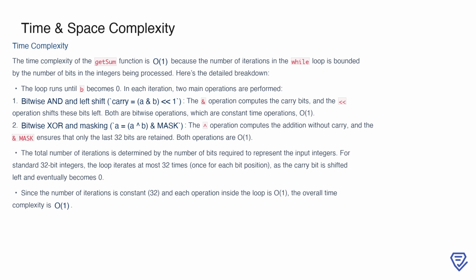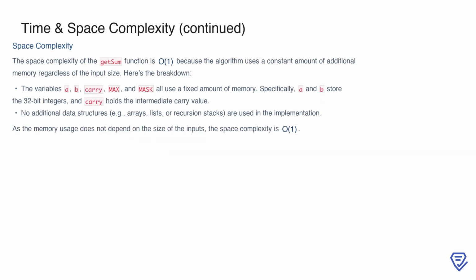is O(1). The space complexity of the getSum function is also O(1), meaning it requires a constant amount of memory regardless of the size of the input values. This is because the algorithm only uses a fixed set of variables, A, B, carry, max, and mask. These variables occupy a constant amount of memory, with A and B each storing 32-bit integers and carry holding intermediate